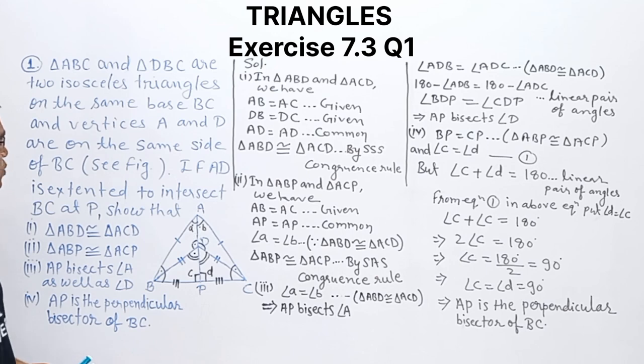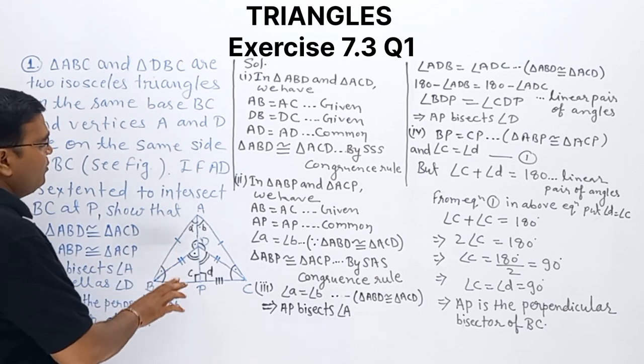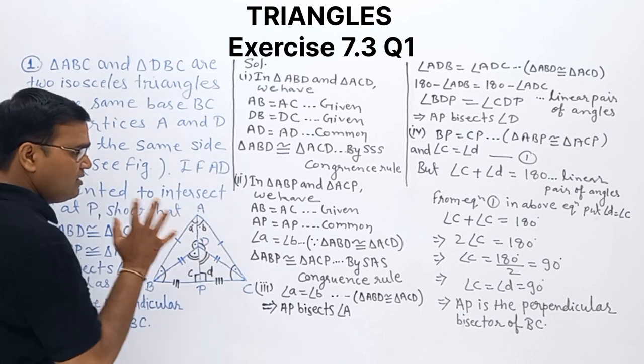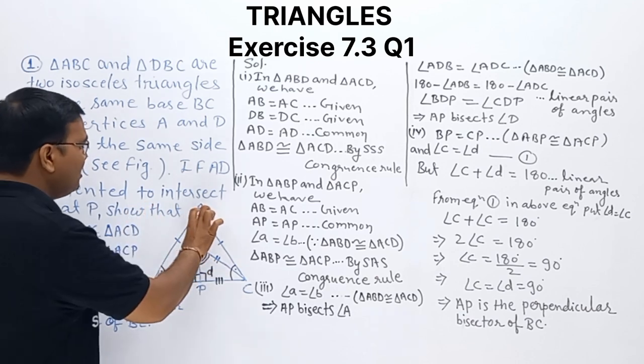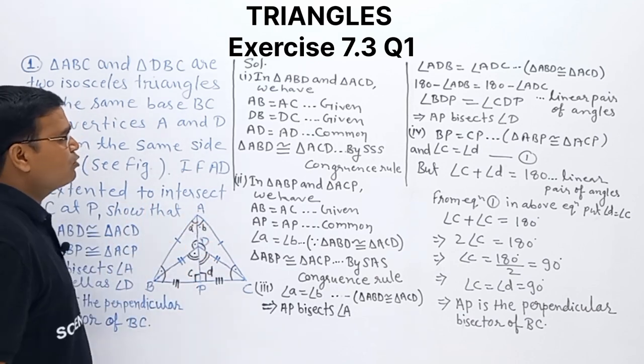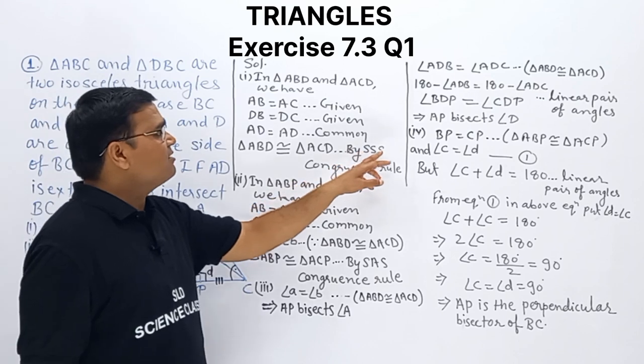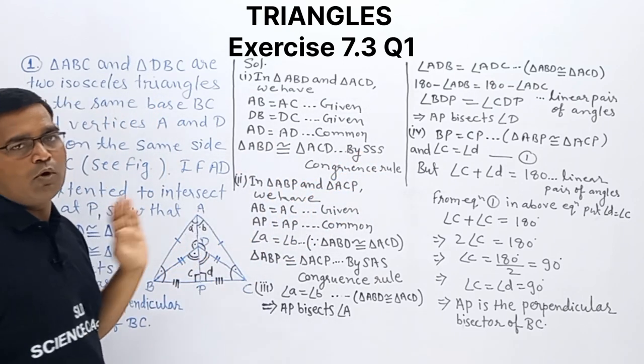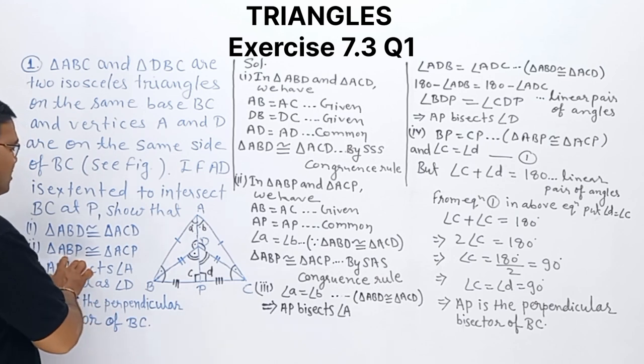How are we proving this one? Already given to us AB equal to AC and DB equal to DC, and this AD is common in both triangles. So from the side side side congruence rule, we can say these two triangles are what? Congruent. Now the second question is saying